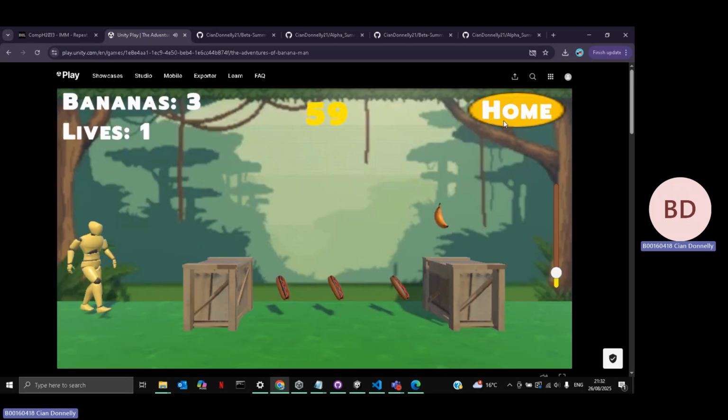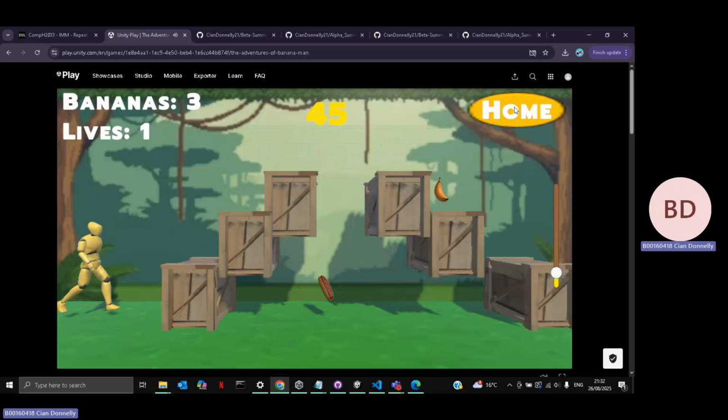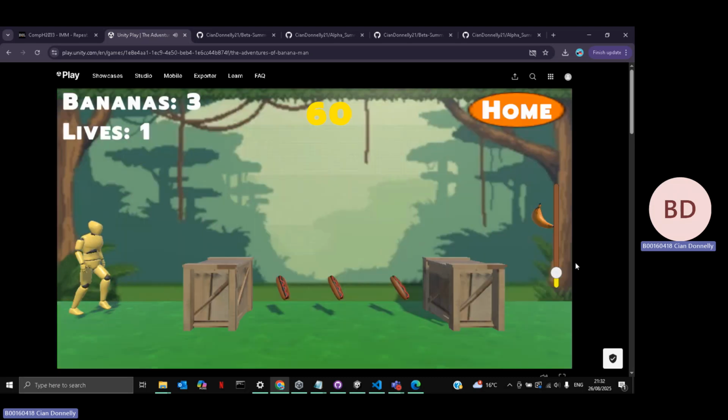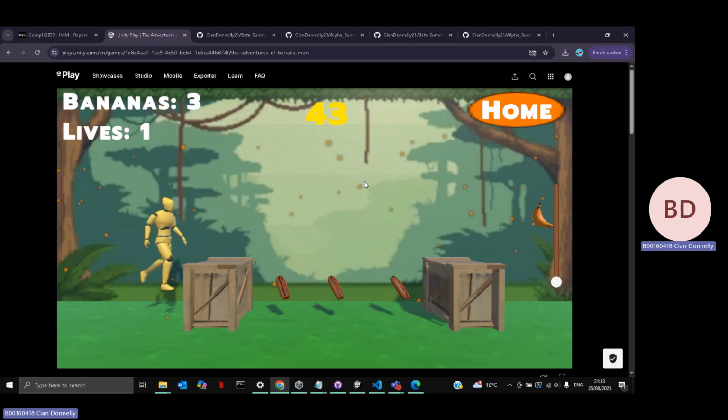Easy is level 1, medium level 2, hard level 3. Start with easy. Here's the music. You see a countdown in the middle. Particles coming in from left and right. The countdown starts at 60 seconds. We have a gem counter starting at 3, live counter starting at 1. If you hit you